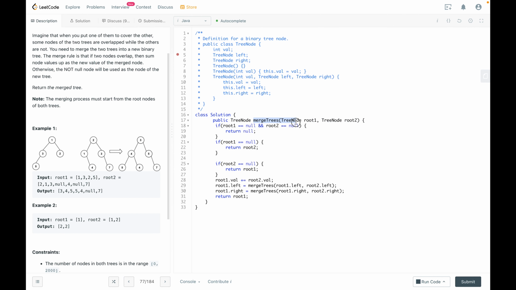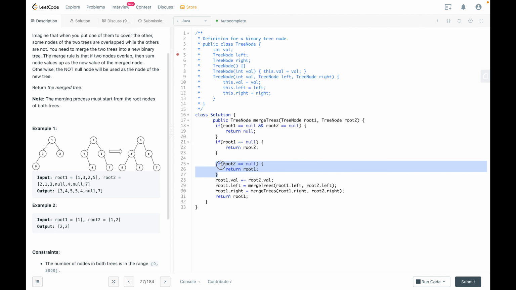Here we are given a function which receives R1 and R2. Now I am checking if both of them have become null. So we do not need to do anything. We are simply returning null. Here in this if condition I am checking if root 1 is null, right? If root 1 has become null, there is no point of digging further to R2, right? Because we will not be having anything in R1 which we can merge with T2, right? So we will be returning root 2 from here directly.